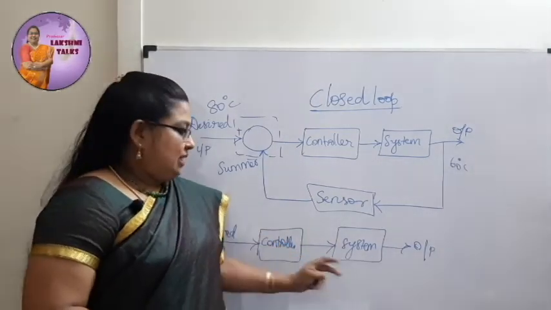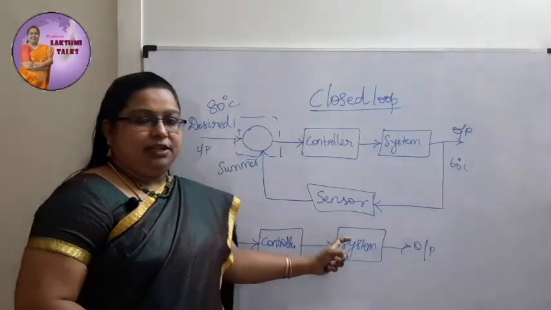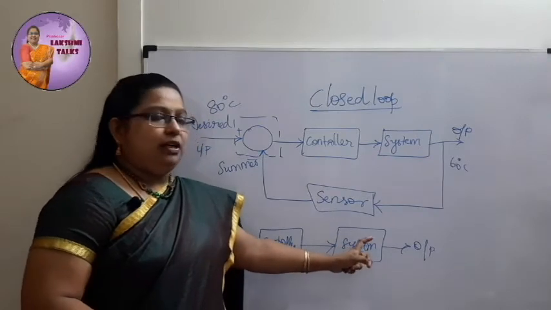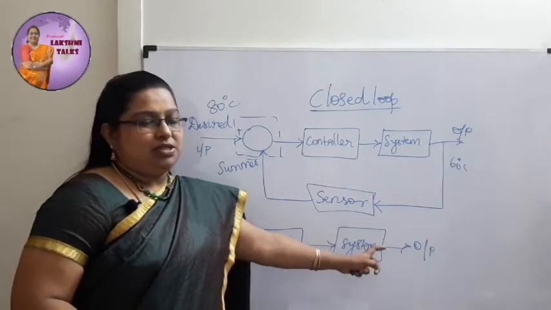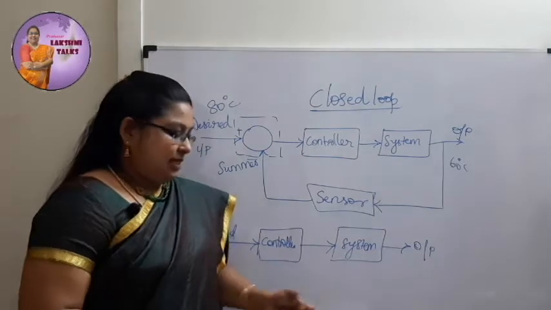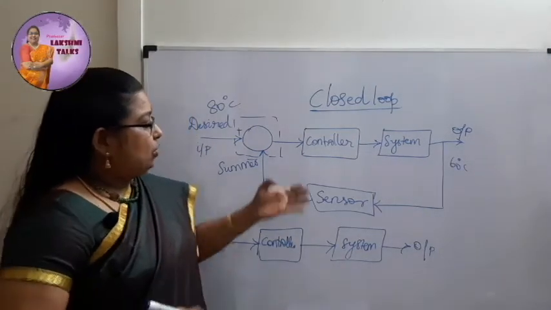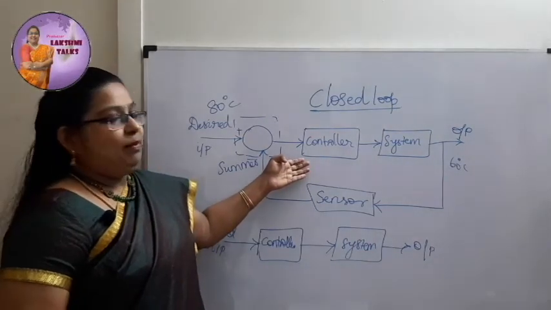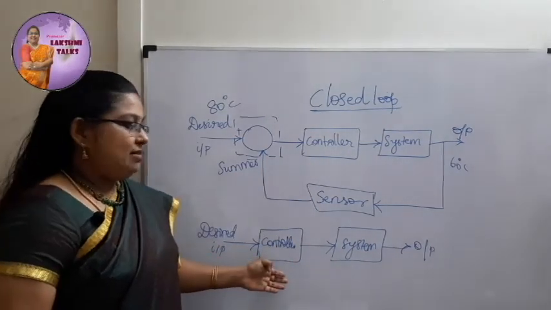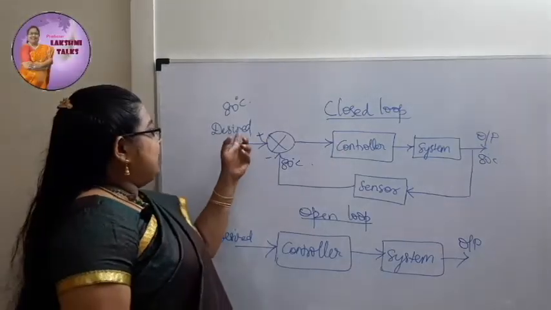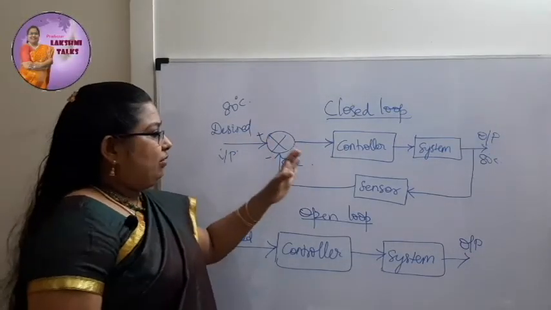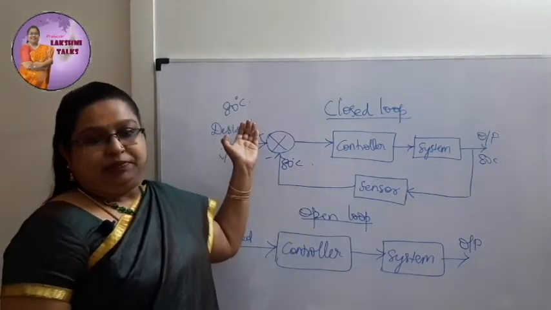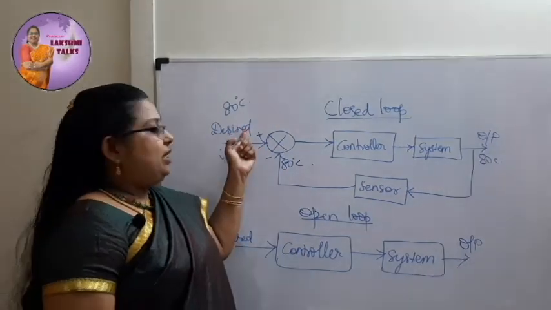Okay, the difference is here the external disturbances acting on the system will not be taken care of. We cannot be assured of the perfect error reduction, that is, accuracy is not possible to that extent. But if you see this closed loop and open loop, the main difference is here the system looks a bit complex, but this is very simple. When I say desired input, it means that whatever is the output you want to get, that is set as the desired value. Okay, that is why it is mentioned as the desired one.